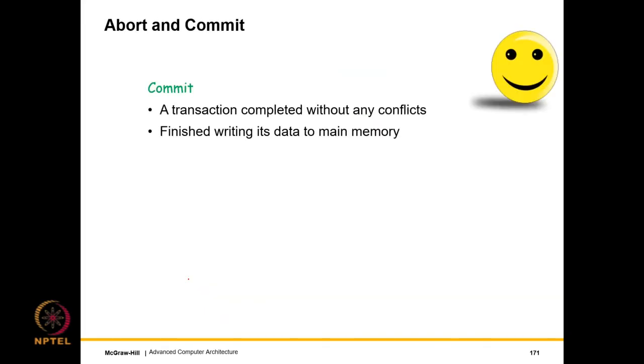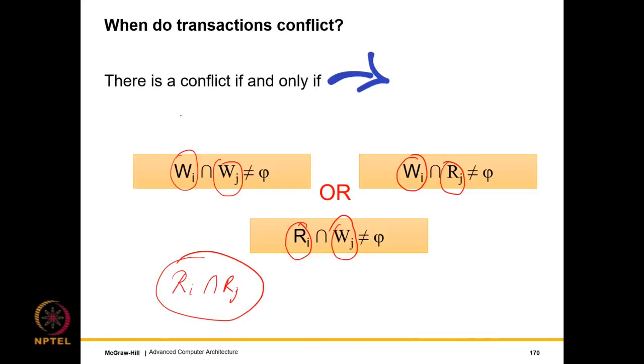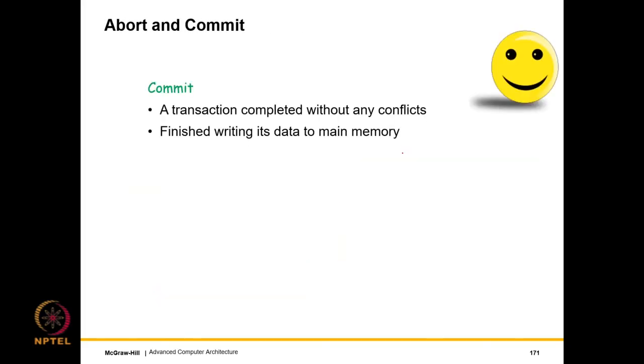Now I'll explain two more basic ideas, abort and commit. They were referred to in our earlier discussion, albeit not defined formally. A commit is when a transaction completes without any conflicts. Conflicts means conflicting accesses, as described in the previous slide, which means it nicely completes and there are no write-write overlap problems or read-write overlap problems with other transactions. So then we say that this commits. Right? Other transactions mean other transactions which will ultimately commit. All right. So if there are no problems of this nature, then this happily commits.